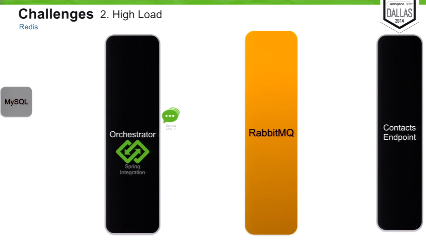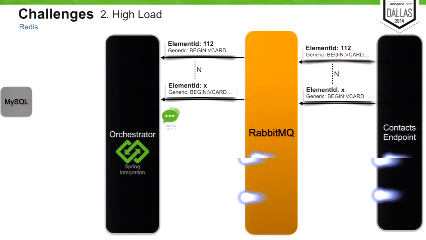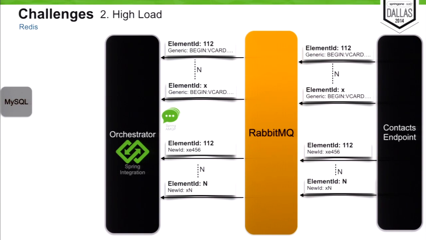So let's see the second challenge, which is also related to high load, but in this case related to the stores and to the speed of the platform. This is the architecture our platform had at the beginning of the project. As you can see, there is no Redis in the equation right now. That means that when we were doing a describe operation, we had to query MySQL every time. Every time a resource was migrated, we had to query MySQL in order to know if the batch was completed or not.